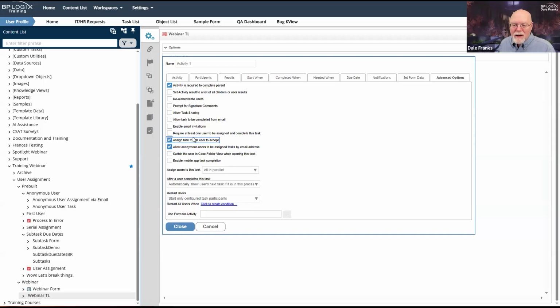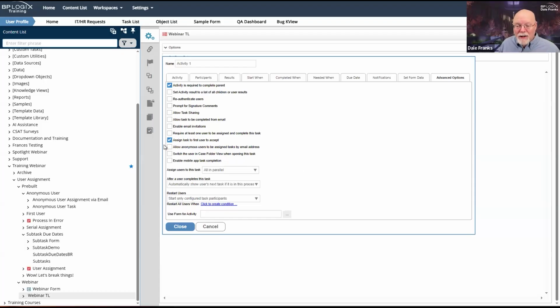This one is a little bit different. Normally, when we assign tasks, by default, all users are assigned a task in parallel. And that's generally fine. I assign it to 3 users and I expect all 3 of them to finish it. But that's not always what happens. I might assign a task to a group of users. I only really need one of them to complete it, and I don't care which one of them it is, but one of them needs to look at the task and complete it.